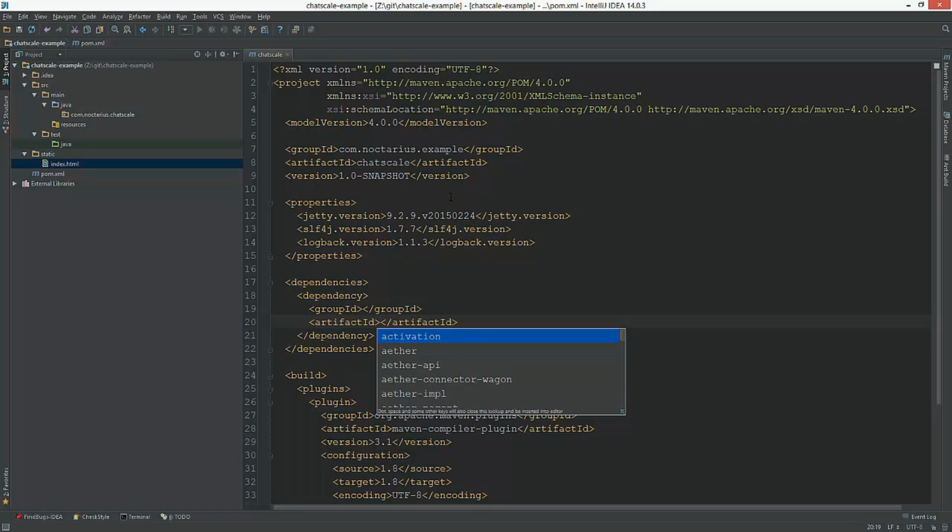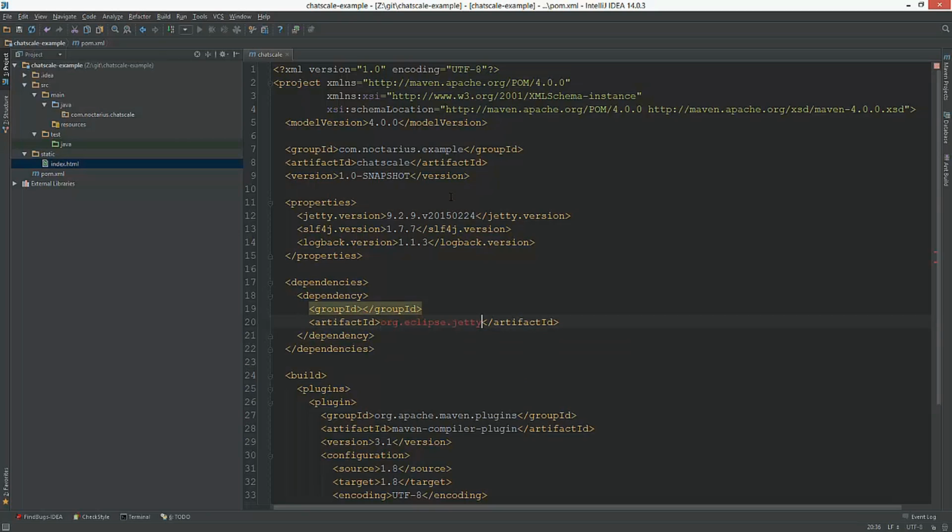SLF4J has connectors for log4j, for Java util logging, and for a couple of other logging APIs, and just puts all into its own system. So let's see, org.eclipse.jetty.